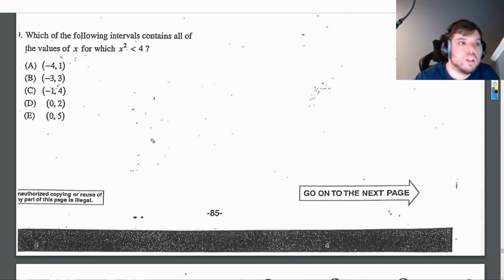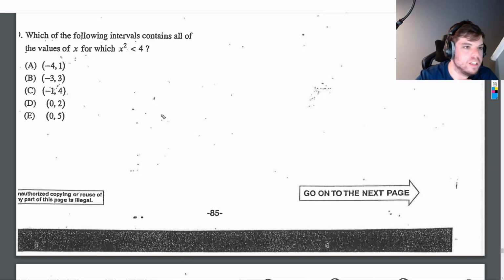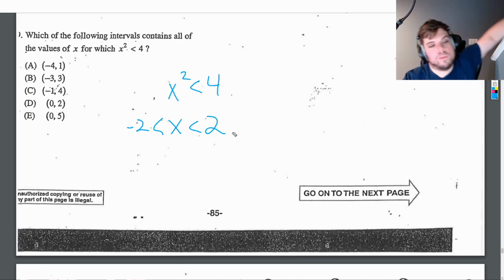Which of the following intervals contains all of the values of x for which x squared is less than 4? Okay, if x squared is less than 4, then x is between -2 and 2. If x is 2, then we're good. If x is 0, then we're still good. If x is -1, we're still good. If x is -2, well,